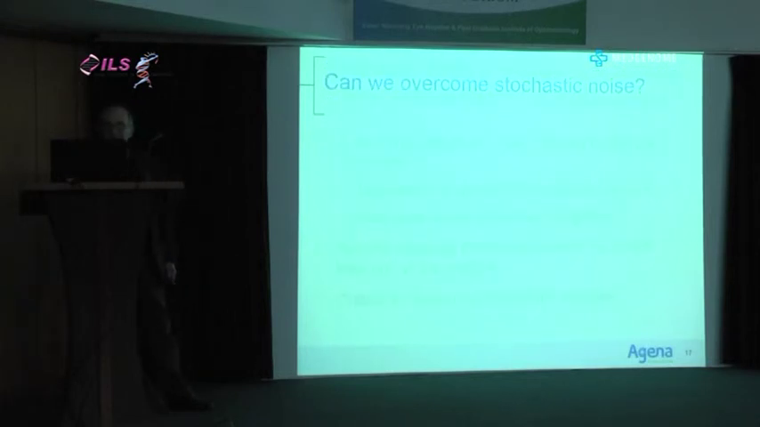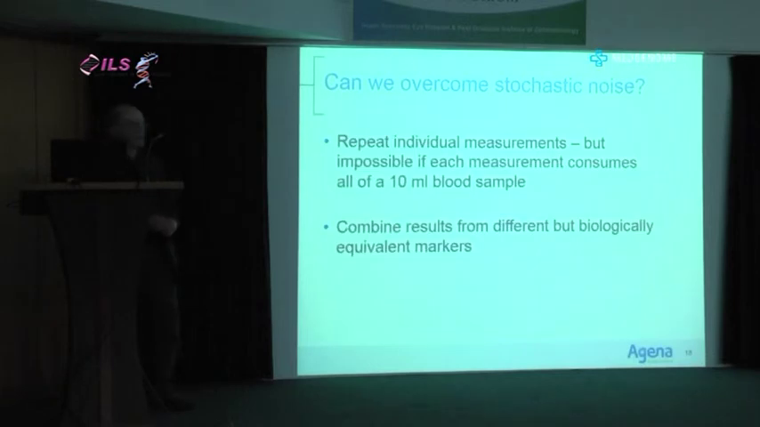If you ask a physicist how to overcome stochastic noise, he or she will say, well, it's easy. Repeat the measurement 100 times. But your measurements on plasma are consuming the whole 10 cc blood draw. So you can't repeat it 100 times. So what do we do? The trick